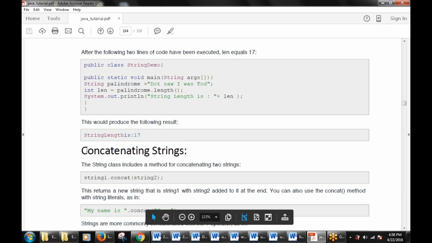Next one is concatenating the strings. How can we concatenate the strings? We can merge the strings. This function, this string class